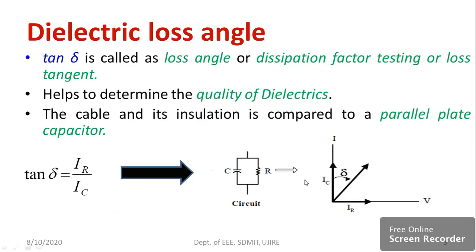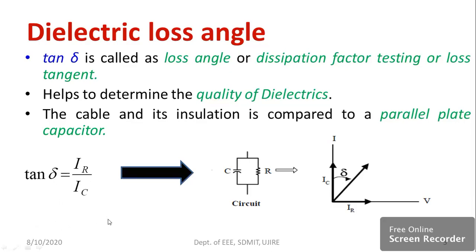As I already informed you, dielectric loss will be measured in terms of the dielectric loss angle. How do you calculate the dielectric loss angle? So you need to consider the dielectric loss angle as tan delta. From this you can calculate tan delta. You construct one right angle triangle. From this you can calculate tan delta: opposite side divided by adjacent side. Here the opposite side is nothing but IR. The adjacent side obviously should be IC. So if you take the ratio of IR and IC, you can get tan delta.